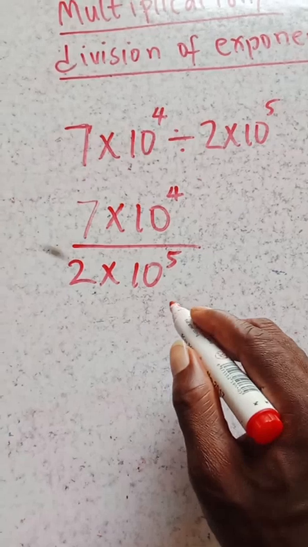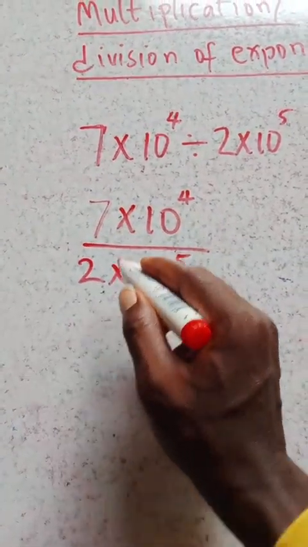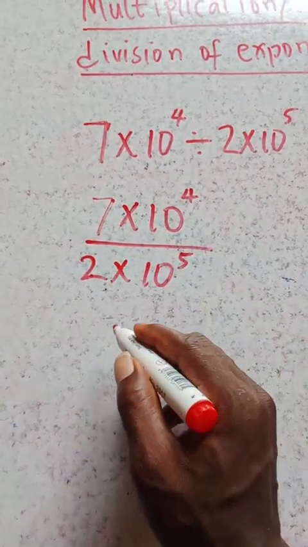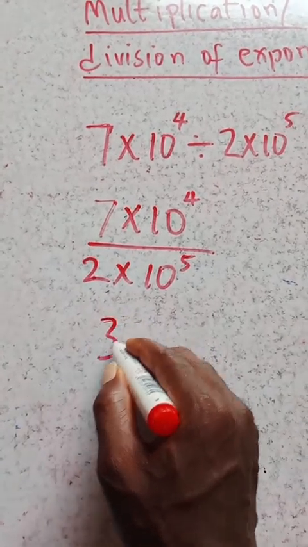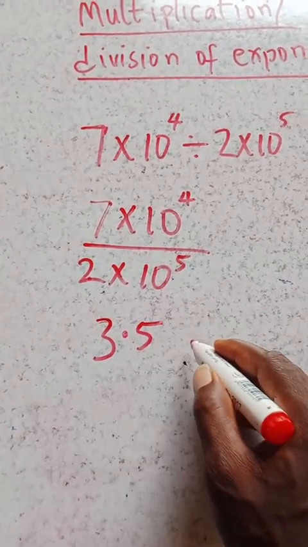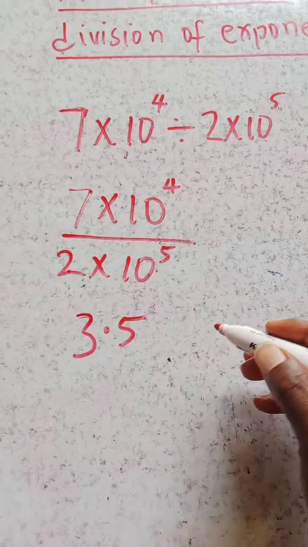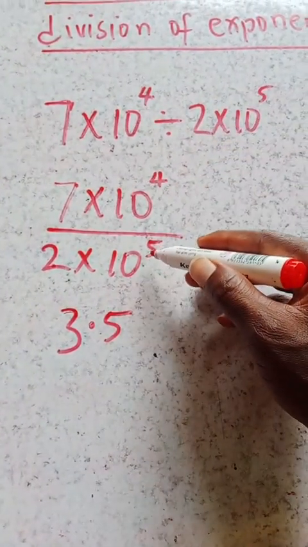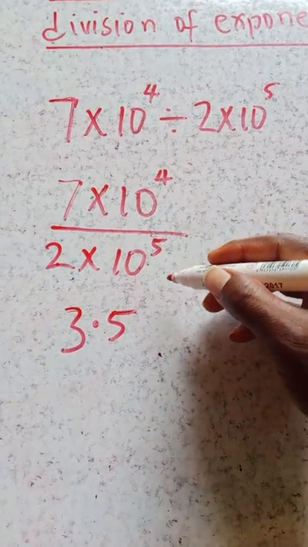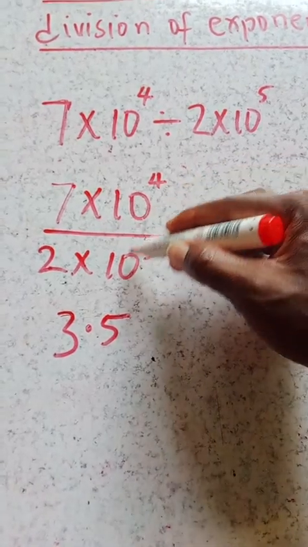So at this point, you divide the numbers. 7 divided by 2 is 3.5. And then the next thing, we have come to the exponent part. Now, this is times 10 raised to the power 4 dividing times 10 raised to the power 5. Now, since the bases are the same,